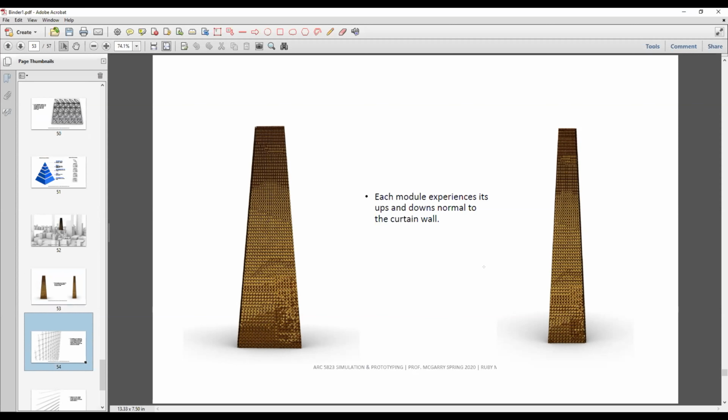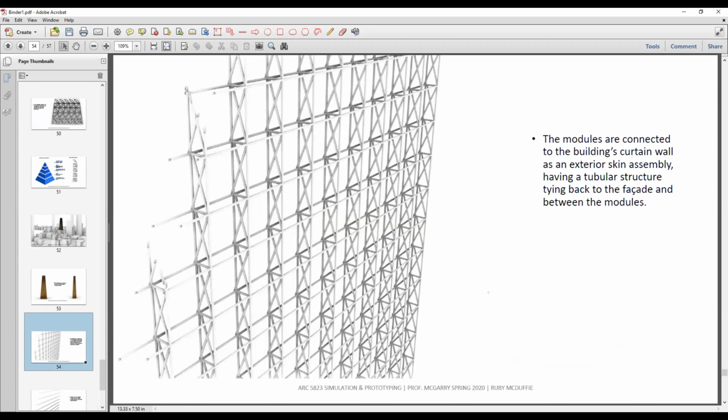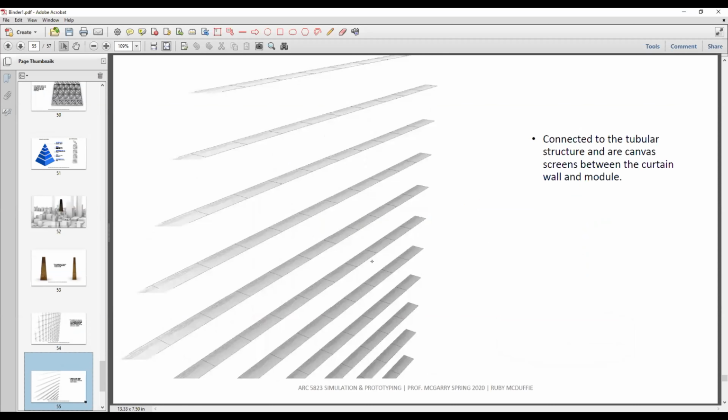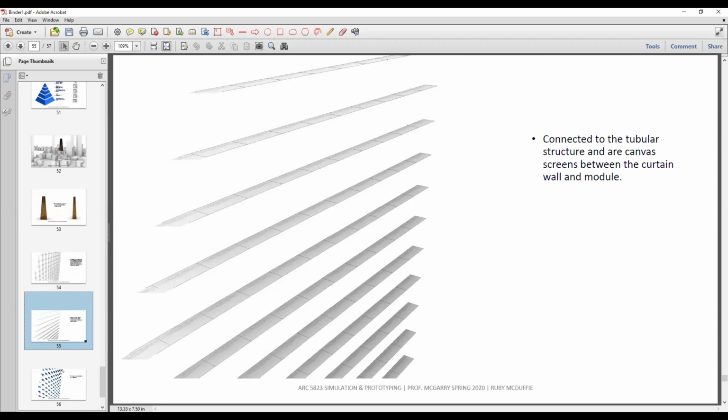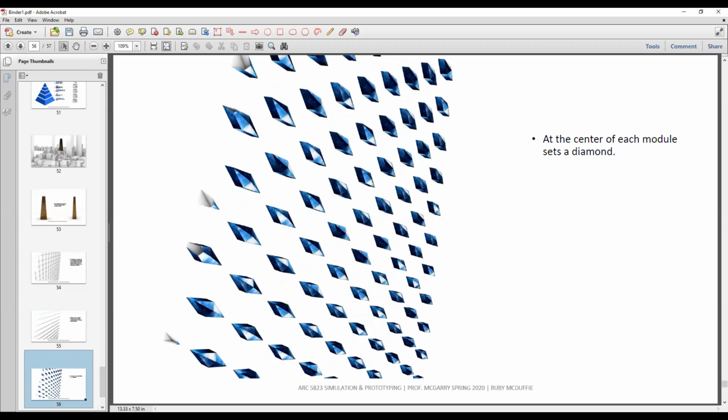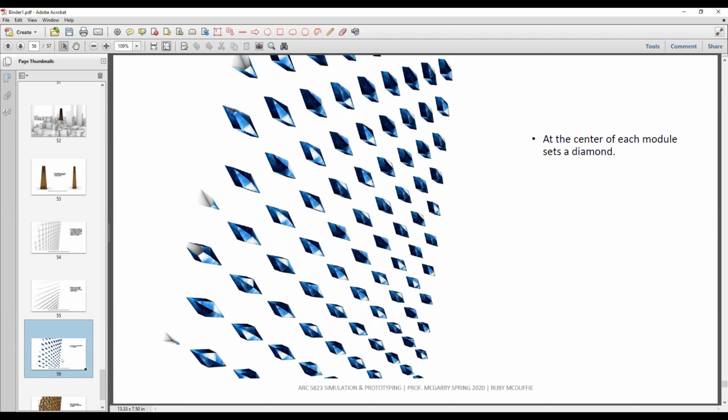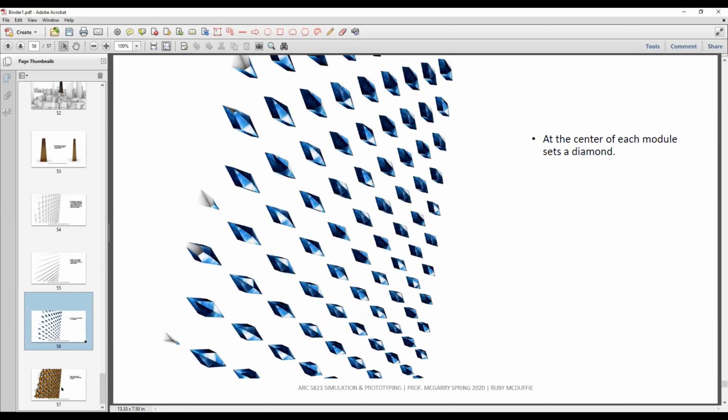And so this is sort of what I scripted as a structure between the modules and the curtain wall, where there's a canvas sort of like above the modules of the structure, and the diamonds that are set in the frame,